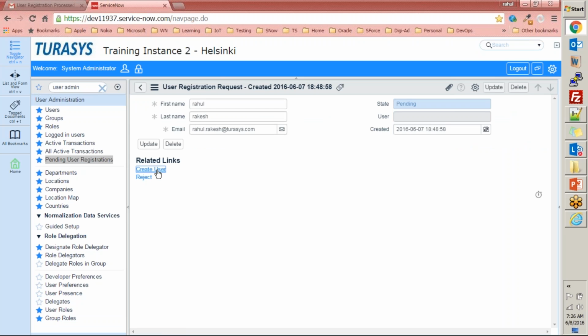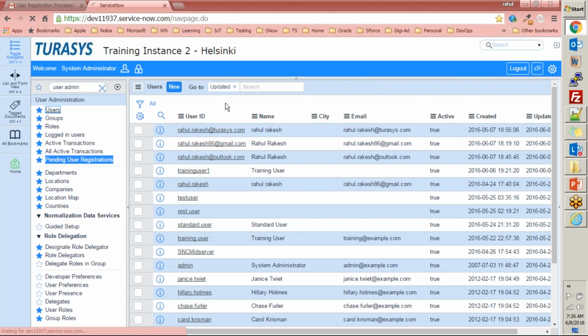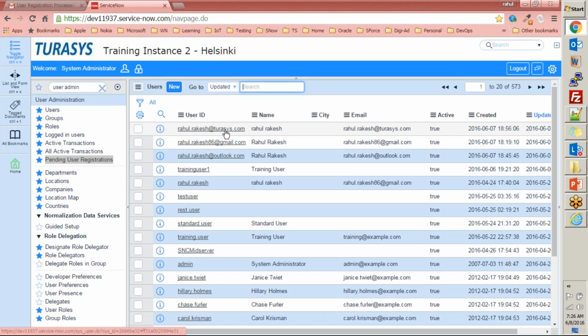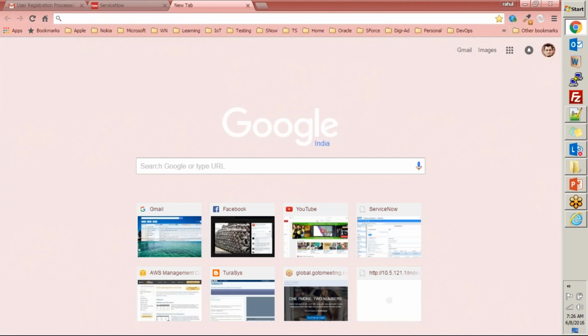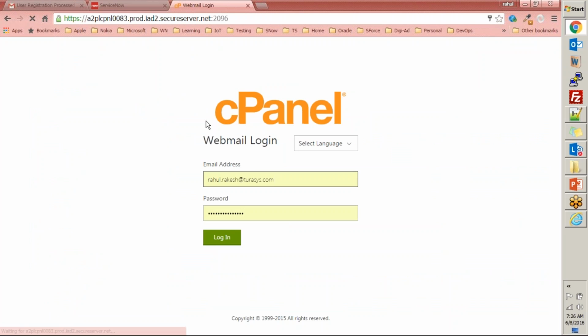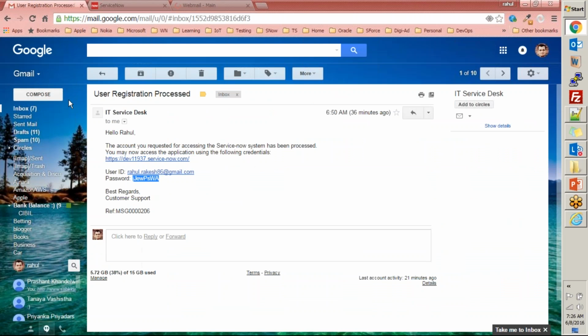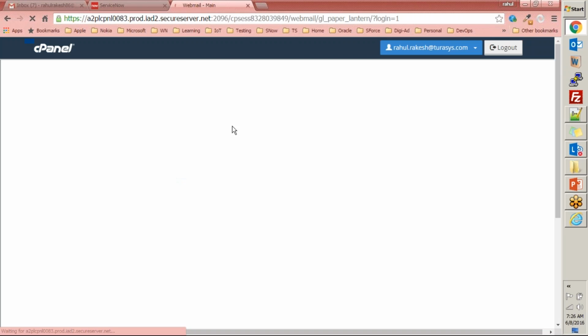If I do create user, the system will go ahead and create a new user with the email ID rahul.rakesh@yourassist.com, and this email ID that I have will receive an email from the system, and that will provide the user a user ID and password, and then you can go ahead and log in there. So that's how the user registration request is fulfilled. Make sense?